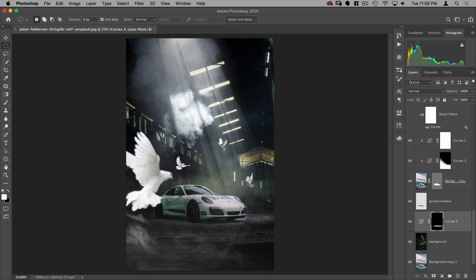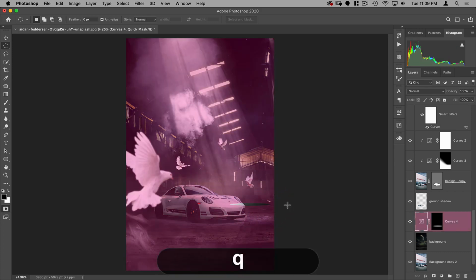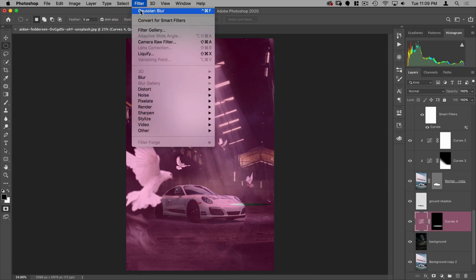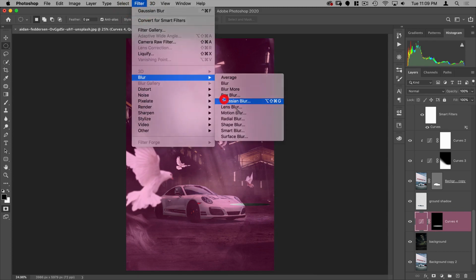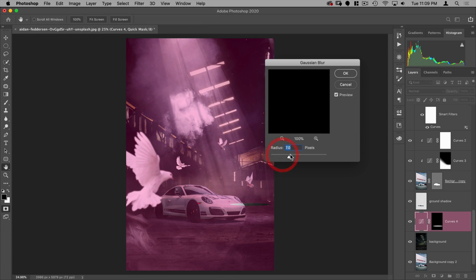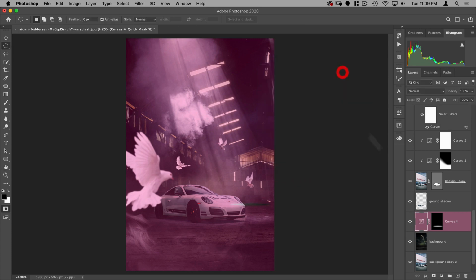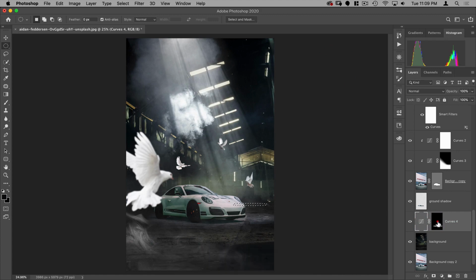And we might also want to just add a little one back here as well, where this kind of backlight is hitting. So let's make another elliptical, hit Q again, blur that. I don't want to blur it quite as much. So we'll probably blur it there, and then hit Q again and make sure we're on the mask and then fill that with white.